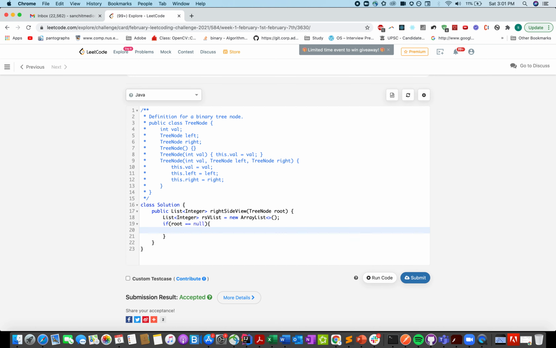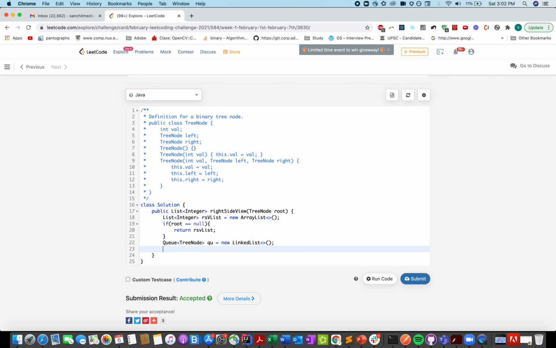If somehow the root turns out to be null, we'll return the RSV list upfront because that's an empty list. There is no right side view of it. Otherwise, we will go and define a new queue of generic type tree node, and this queue will be used to do the BFS traversal. And let's add the root into the queue.